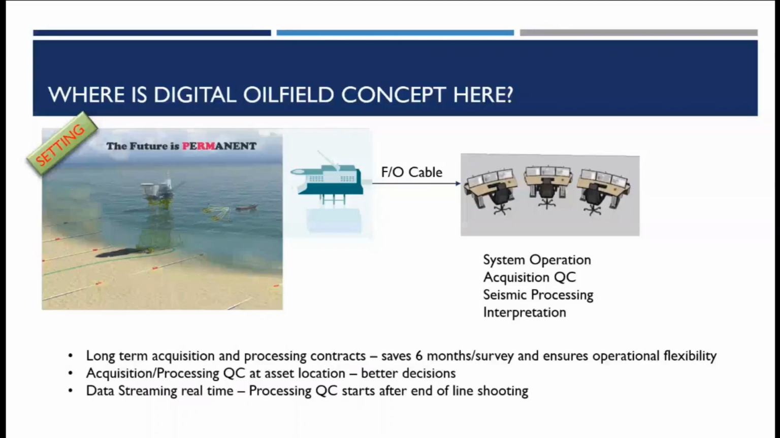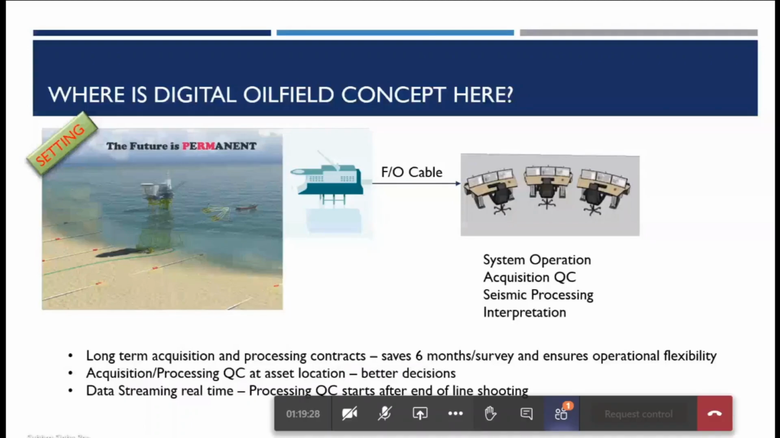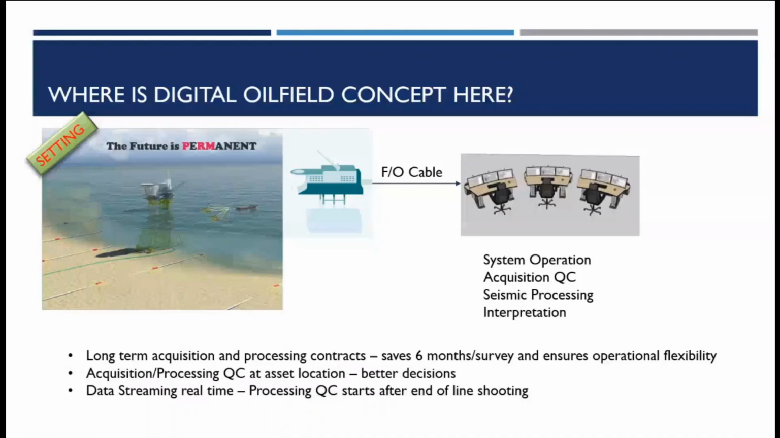along a particular line. When it is turning from one line to the second line, you are doing your acquisition QC and your processing QC. It starts everything together. So data is streaming in real time, and your processing QC starts after the end of line shooting. So everything speeds up. And when we are talking about acquisition and processing, to give you a bit of numbers on it,